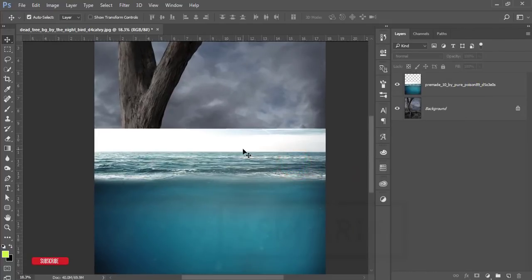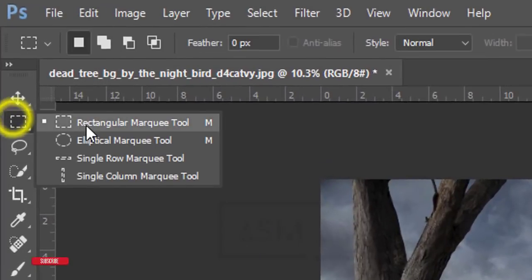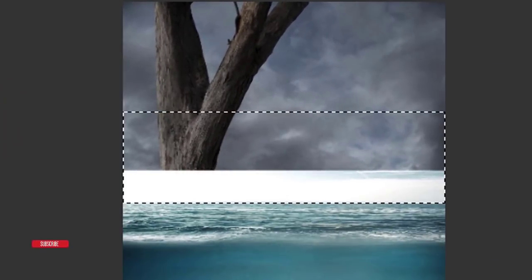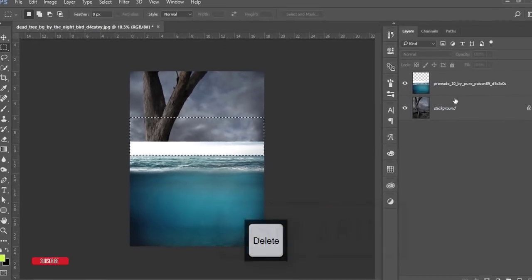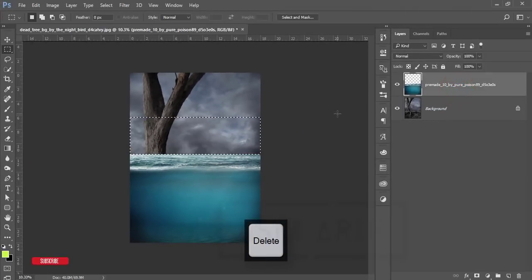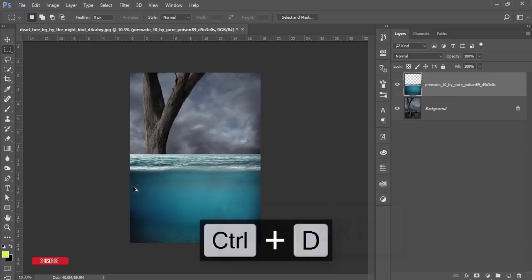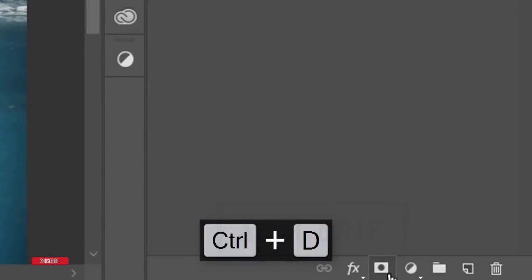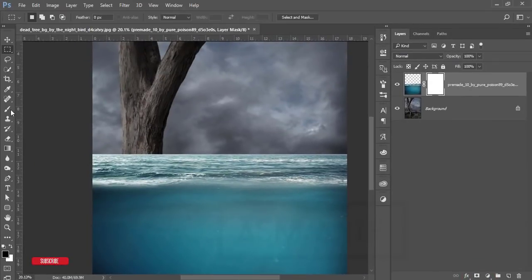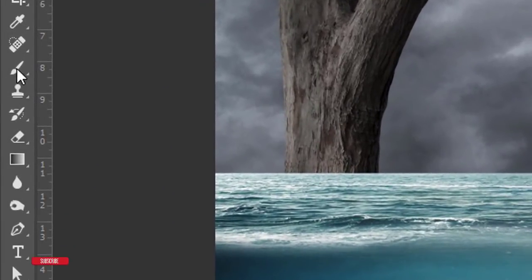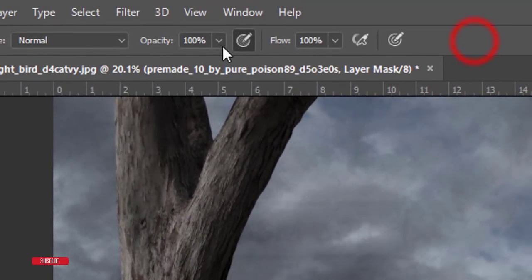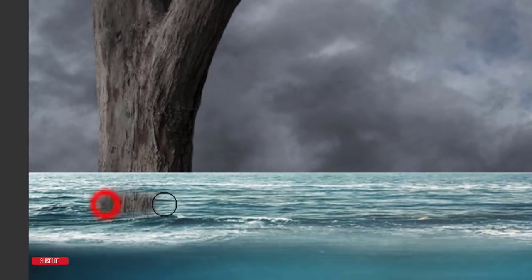I'll cut the upper portion, so go to the rectangular marquee tool and select this portion and just press delete. Select this layer and then delete this, and press Ctrl D to deselect this one, and then I'll just mask it. After masking this one, go to the brush tool, take the first brush, and the pixel will be 175 and the opacity 100%, and just